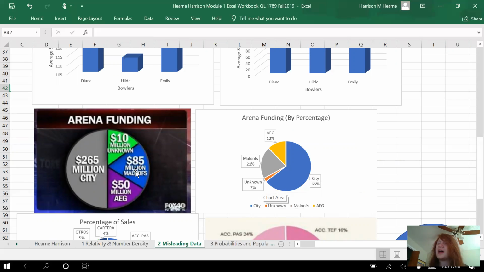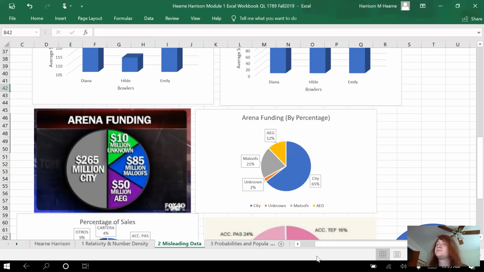Maloof's, that one is actually about right. That looks to be about 21%-ish, maybe, of the graph at 85 million. AEG is definitely taking up too much room, though. They only contributed 50 million, which was 12% of the total, and they look about the same as Maloof's, which contributed 21%. They also look just a little bigger than this unknown contributors here, who only contributed 2% to